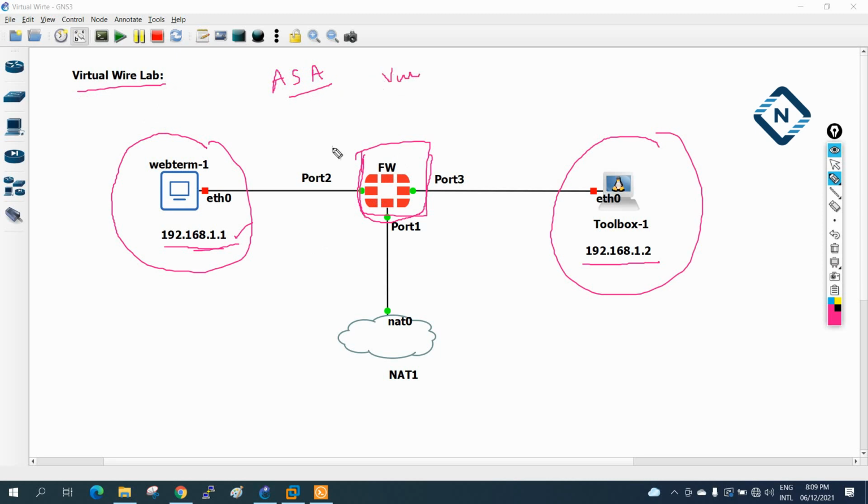The same concept here also, we are putting the firewall as a bridge. Here we will not assign any IP, we will make this interface a V-wire interface. So this link will connect here, this link will connect here, and the same subnet will work on both sides. We are going to do that, and you will understand by seeing the lab.